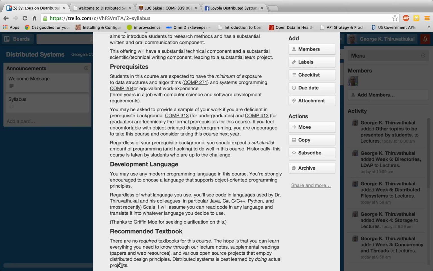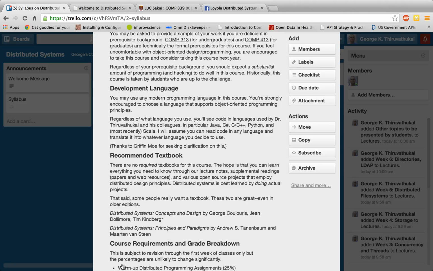I'd be remiss though if I didn't say that I think everybody really should know also something about object-oriented design patterns. So this really means the equivalent of Comp 313 and 413. Again, we are slightly in transition as a course, so this means that if you're not a master of object-oriented programming, you might be okay, but keep in mind I'm going to be showing you code that uses object-oriented programming rather extensively, so you better know the basics.